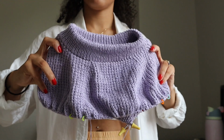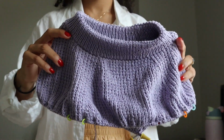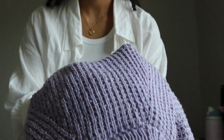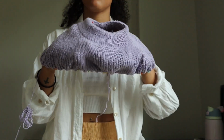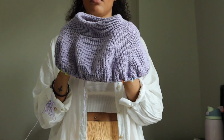It's really pretty. I love it. I'll do a close-up so you can really see it, but I just love broken rib. It's so pretty. It just looks so good. And it's honestly not even that bad to knit. I know some people just don't really like broken rib, especially in such a small needle size, but I